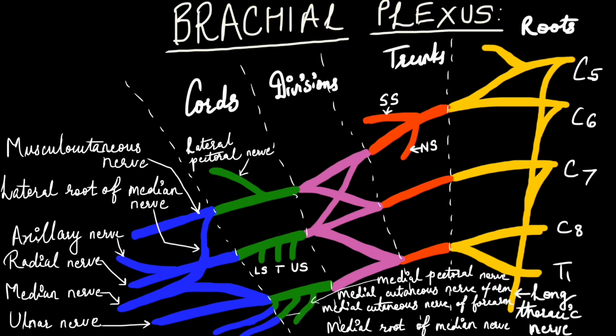This is the thickest branch of the brachial plexus. It supplies all the 3 heads of the triceps brachii muscle. Then it supplies 12 muscles on the back of the forearm. In addition to the branches of the brachial plexus, the upper limb is also supplied, near the trunk, by the